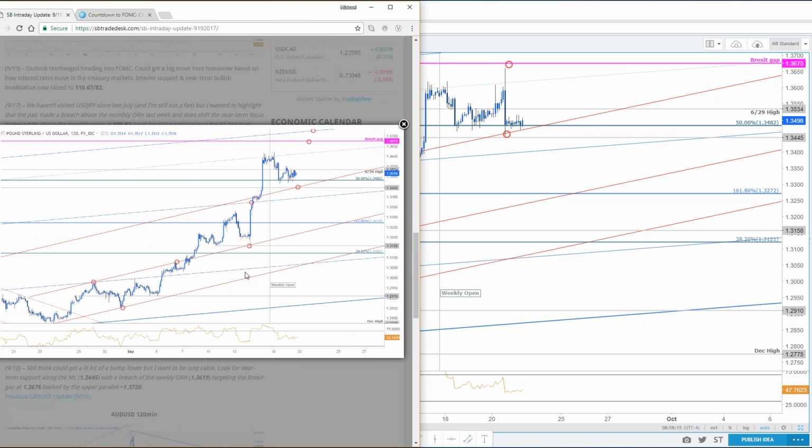And the invalidation level was pretty close. Okay, the invalidation level for the immediate upside was 34.45. As long as we stayed above that level, we wanted to see if we could get that stretch into Brexit. It happened real quick, guys. So unless you had a limit somewhere just ahead of the actual Brexit gap, you might not have gotten filled on that. Now, that being said, the slam lower took you right into the weekly opening range, and then that held as support. So what I'm trying to say is, not a pair I'm interested in playing even on the dollar rebound as far as the short side.